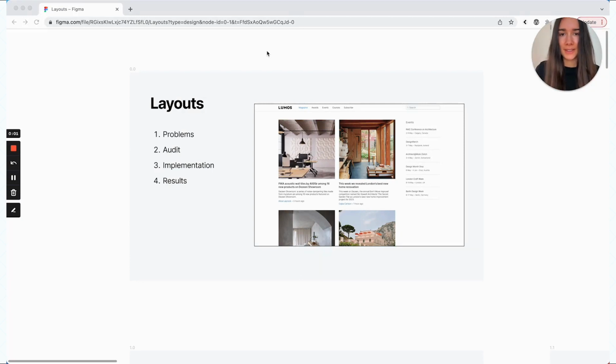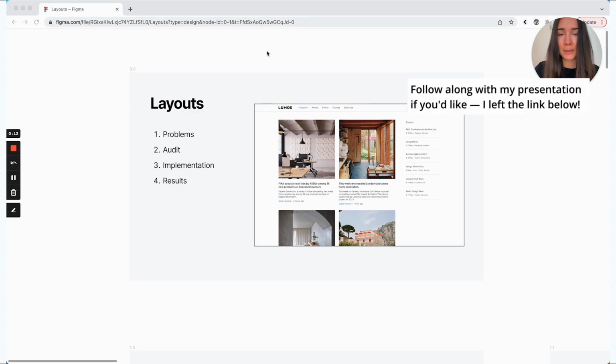Hey everyone! In today's video, I'll be talking about layouts. In my opinion, it's a very overlooked topic, maybe deliberately overlooked. And the reason for that is that a layout is more of an abstract component. It's more difficult to grasp. And systematizing layouts can be risky. It's very easy to break something in the process of doing so. So it's not surprising that we want to avoid it.